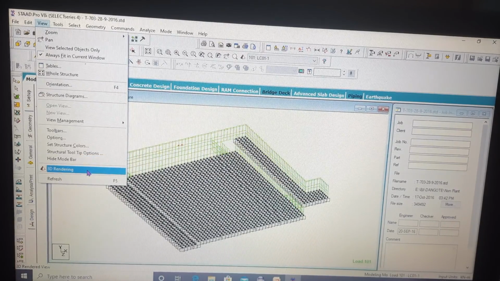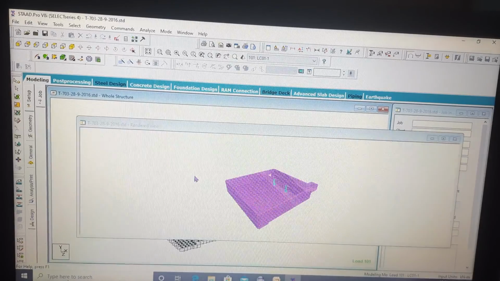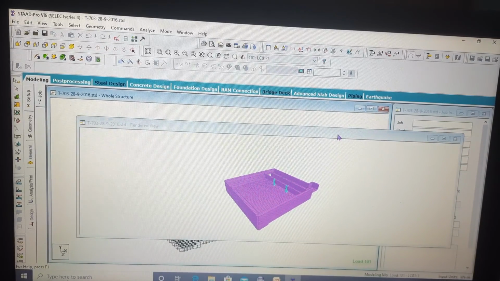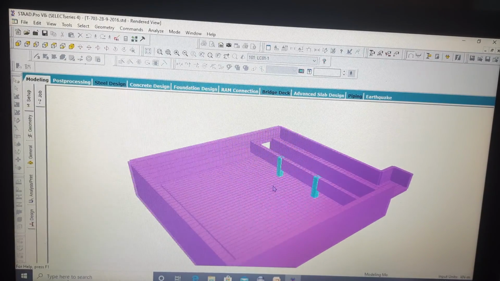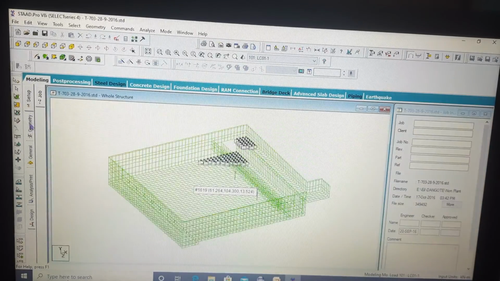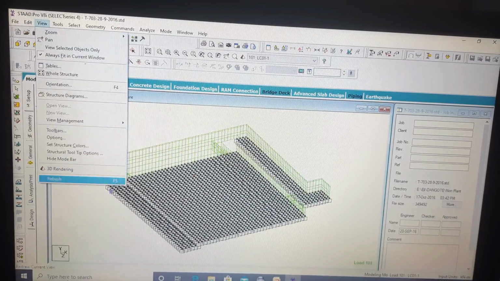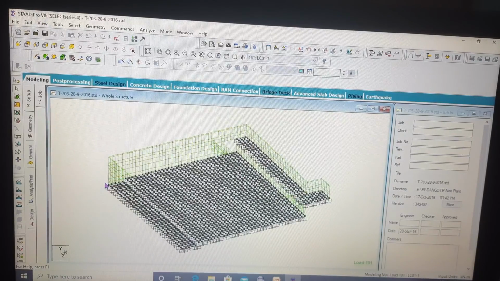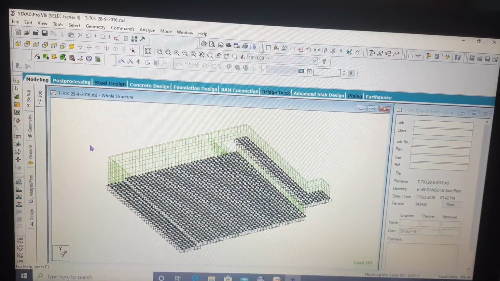Now this 3D rendering option, if you click on this 3D rendering, then your whole structure will be rendered in a 3D model. Look at it, see friends, this is your whole structure. You can say the realistic view of your structure can be shown from this 3D rendering option. So this is the functionality of 3D rendering, and you can refresh your structure by F5. Say the structure hangs on something, at that point you can refresh with this option. By clicking refresh, the structure will be refreshed.